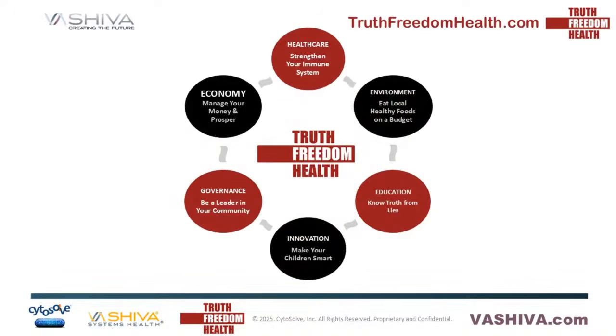And that systems approach involves the ability to strengthen your immune system. It involves the ability to eat local healthy foods on a budget. You get clean food. That's through our certified clean solution, which has been around now for over a decade. It comes from understanding system science, so you learn how to get truly educated. It comes from learning how to educate young people to innovate.